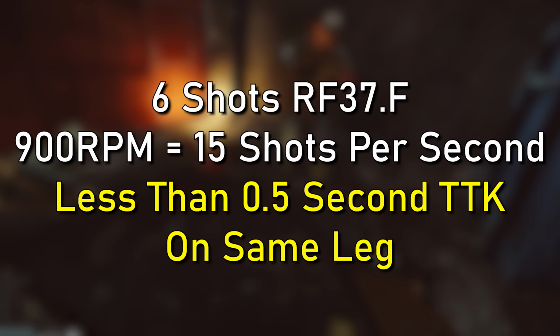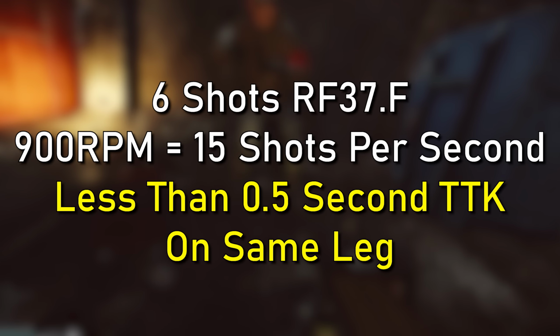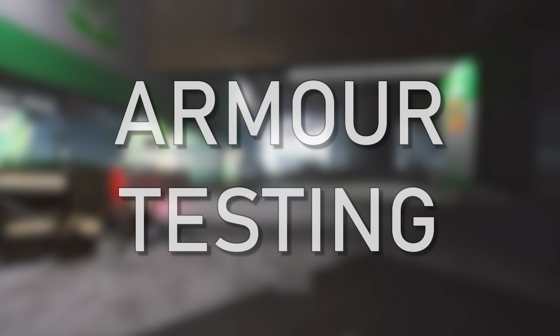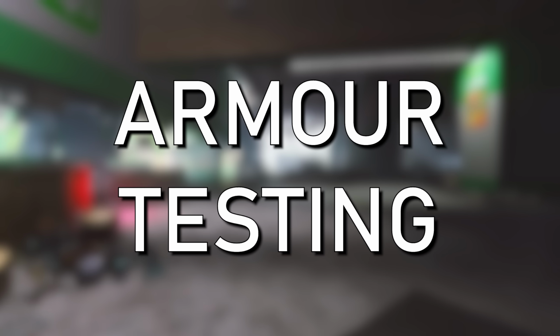With 900 RPM means 15 shots per second, which is less than a 0.5 second time to kill, which is insane. If you put 37F in a P90, it is a great leg meta weapon, and I would definitely recommend giving it a go. Starting off with armor testing here today, we're going to be jumping straight into a Tracer